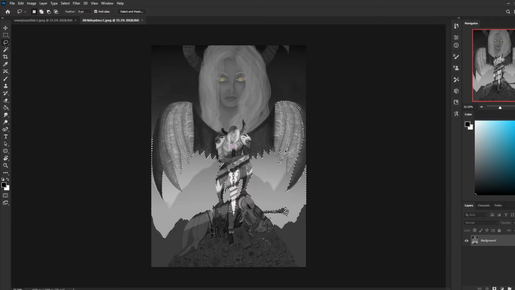So the lasso having this much trouble, or the magic wand having this much trouble, is for a reason. You have so little contrast and value separation in the atmospheric levels between each object. And the main objects here are this kind of dungeon king and the phantasm or whatever it is in the background, or his self, or the ghost in the background. Let's just call it the ghost. So this ghost in the background, the problem is that it feels like it's using the exact same rules of depth that he is. What I want to do as best as I can is just lasso him,